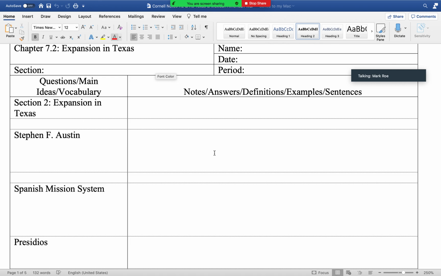But as we're talking about this, we've alluded to some of this already. Stephen F. Austin, again, is one of the most important people here when we start talking about the Texas Revolution and it all starting. Stephen F. Austin was the land agent